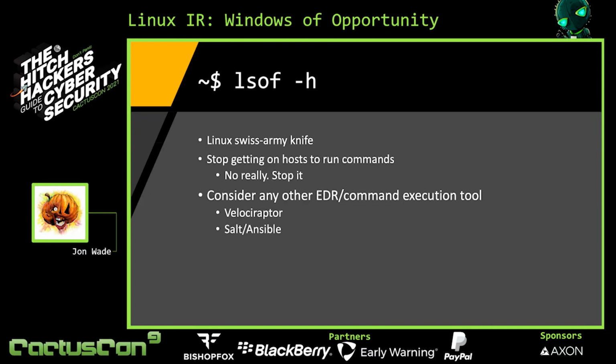It tells you all open files on Linux. On Linux, everything's a file. So that really tells you everything. You can look at every process that's run by a user. You can look at every connection that's opened by a user, or every socket that's opened by a user. You can filter out by user, by command. You can have it output just the PIDs, so you can just push it into kill. Super easy. Love it to death. It replaces ps, netstat, all the other things that attackers love to replace when they get on your box. Attackers always forget about lsof, always sleeping on it. So usually it's a great tool.